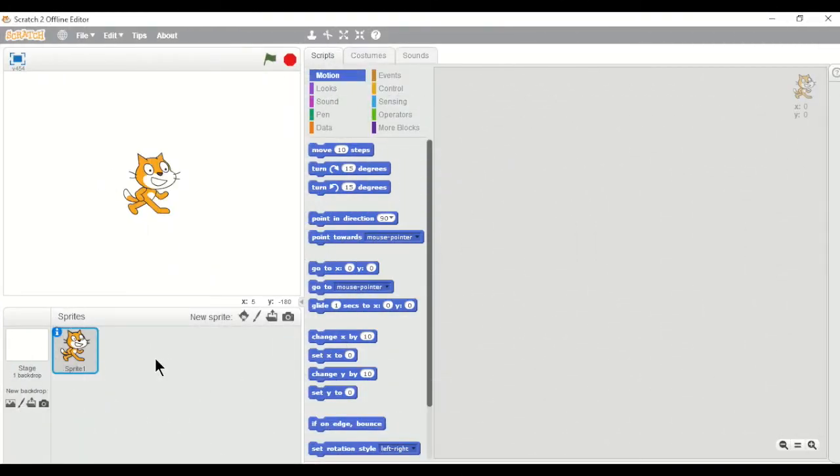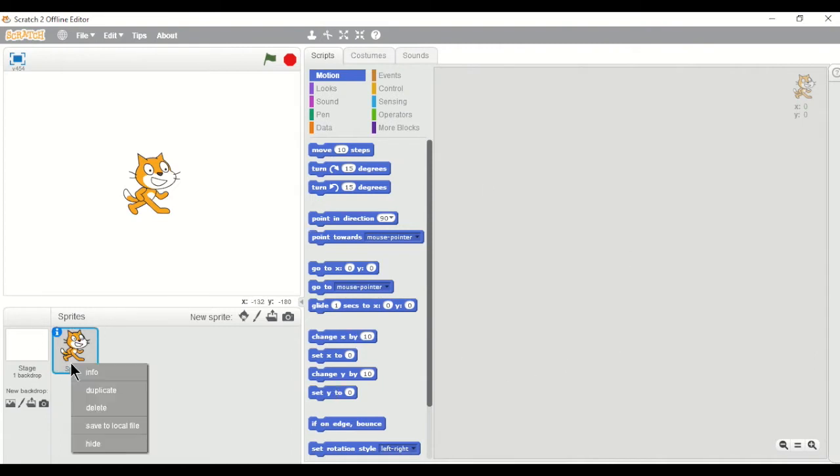Okay, so now we are going to make a shark and starfish game using a scoring system, okay? All of you open Scratch on your system. You can open either the online version or the installed version, okay? So now we don't want the sprite. Today I am using the installed version of Scratch. I have already installed it on my system, okay?